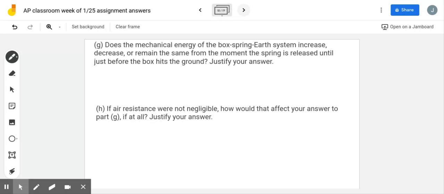Next, does the mechanical energy of the box-spring-Earth system, so kinetic energy, spring potential energy, gravitational potential energy, increase, decrease, or remain the same from the moment the spring is released until just before the box hits the ground? Justify your answer. It remains the same because